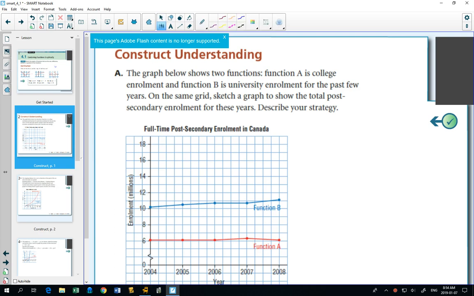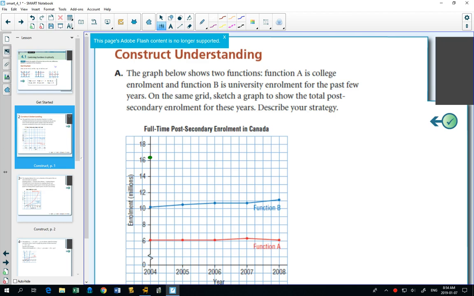So I'll do this in green. I would put a dot about there. Can you see with that dot that your x value is not changing because it's still 2004, but your y value is changing because you have to add both of them together? And so when adding graphs,